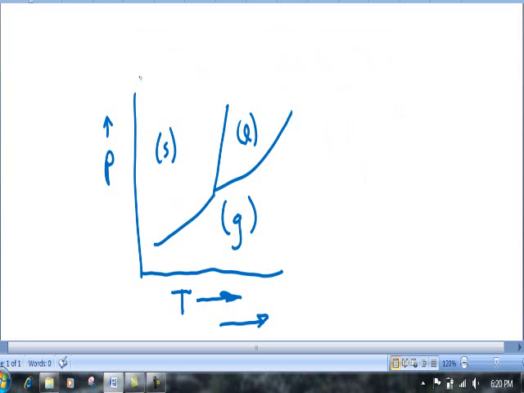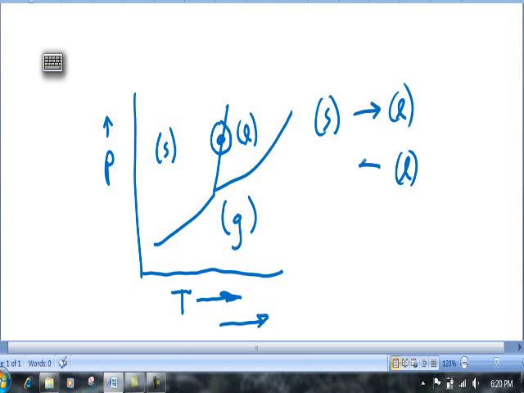If the phase change happens to fall directly here between solid and liquid, that would be an area where under this pressure temperature combination the process of melting would be taking place when we go from solid to liquid, and in reverse when we go from liquid back to solid, that would be freezing. Freezing and melting, it's the same temperature pressure combination, and we'd be in equilibrium at that point